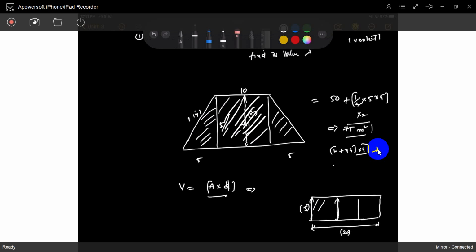Not one interval. So the total length and the area into the total length gives the total volume, because we didn't calculate each segment. We just take an average value of the area and the total length, which will give the total volume. Here the area is 75 and the total length is 120.